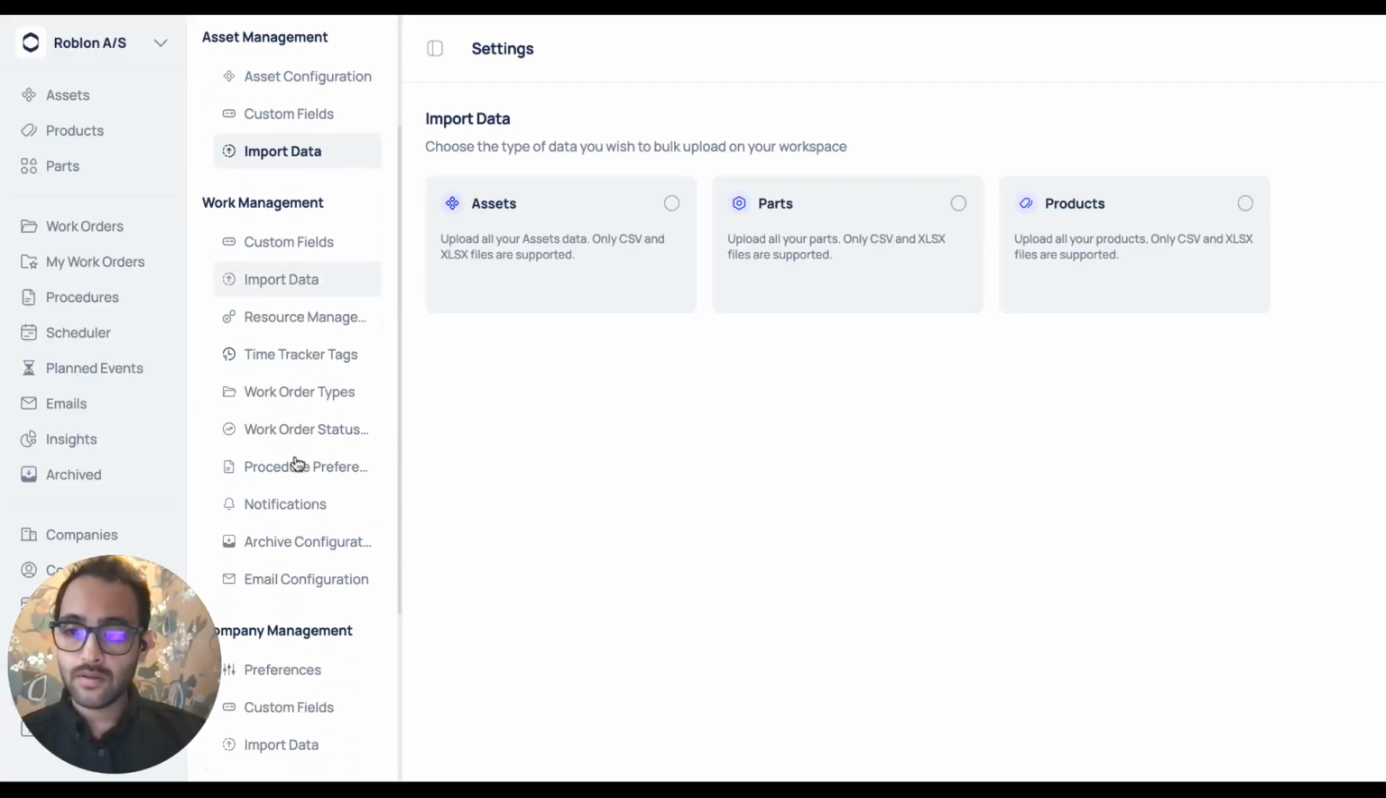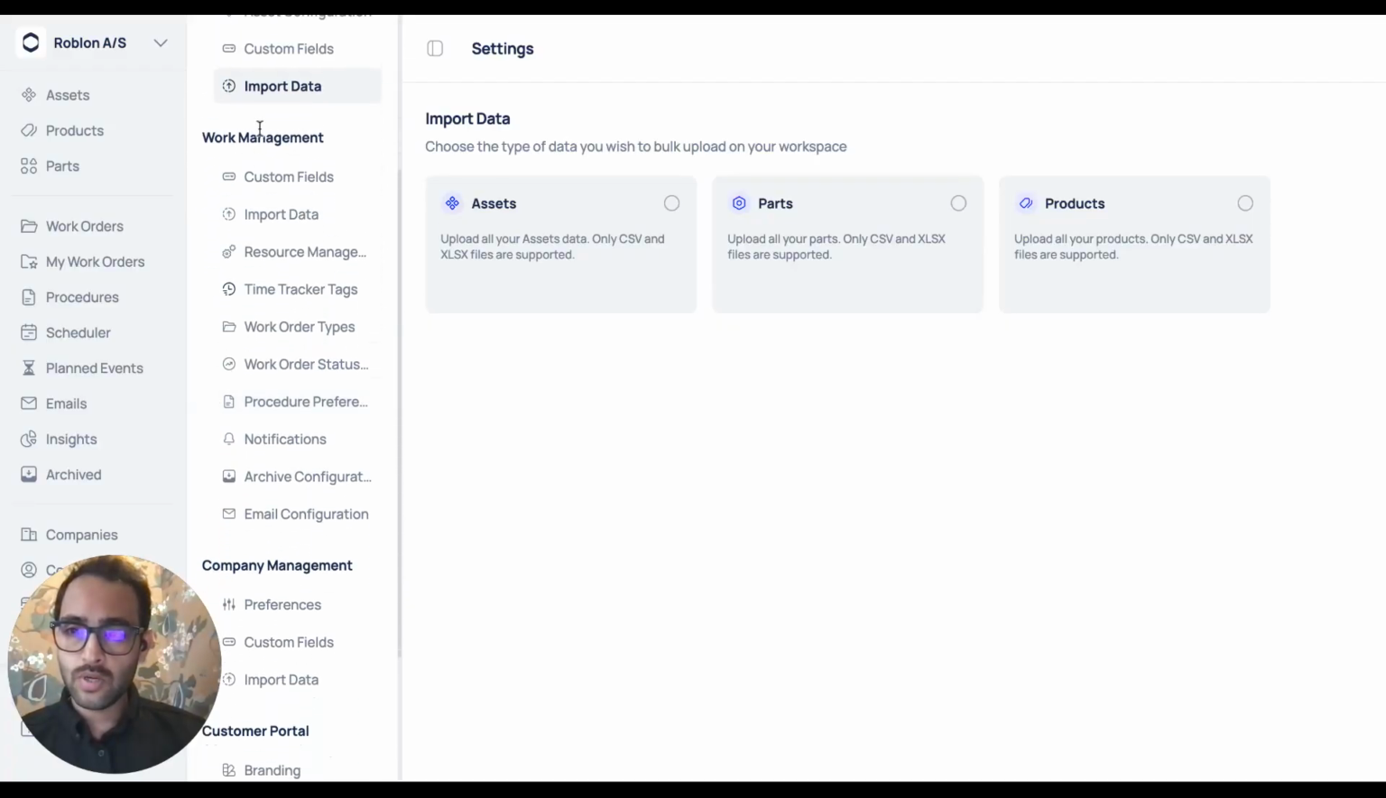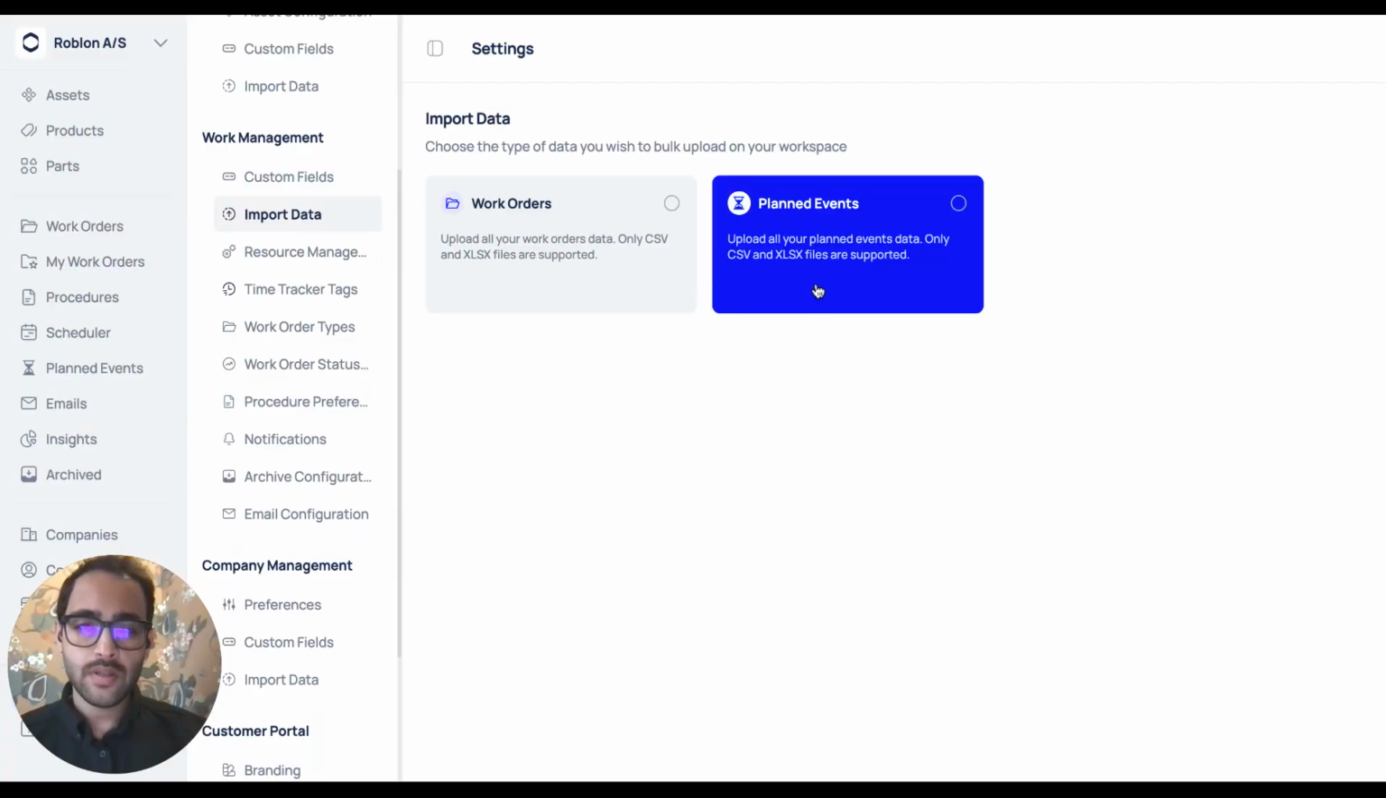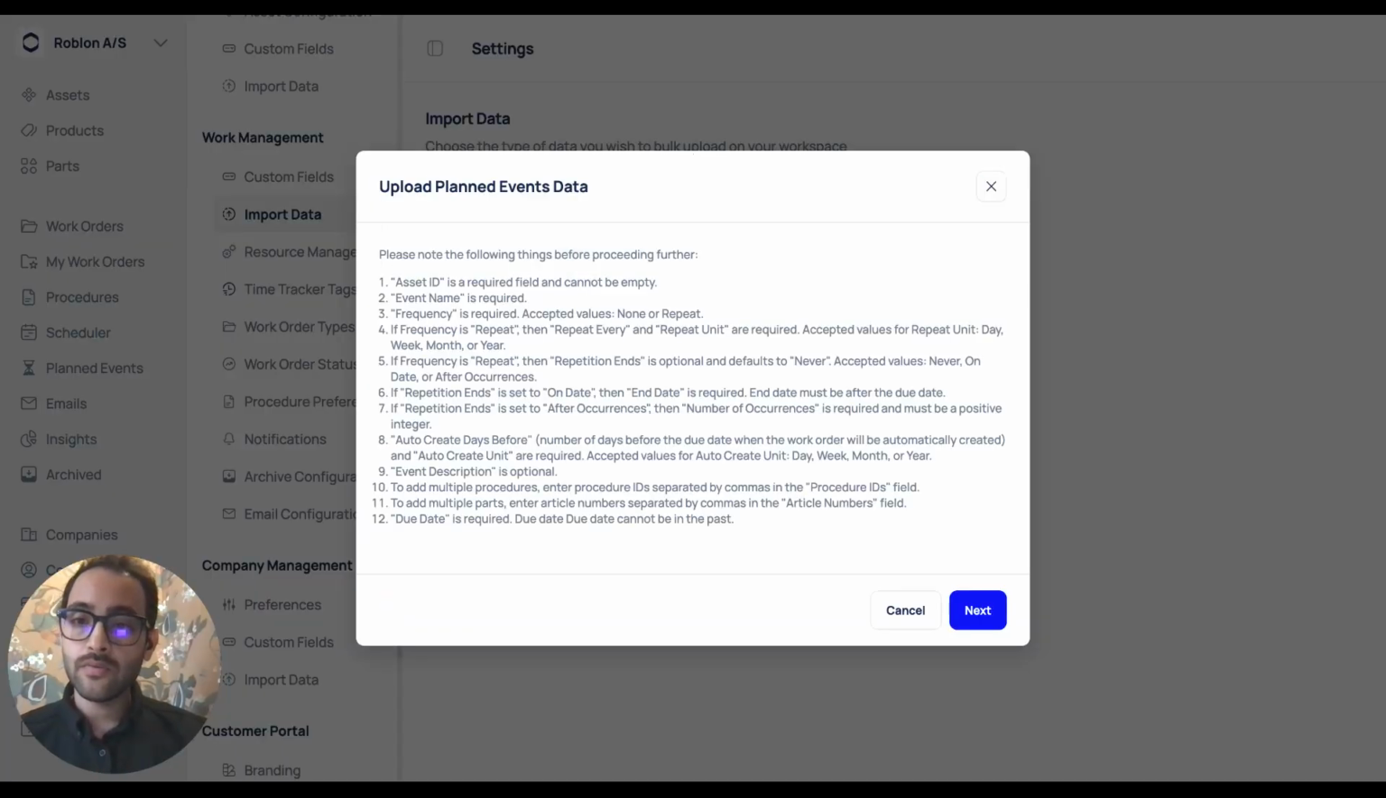You come into settings, you scroll down to work management, import data, and planned events. Now here you've got supporting information that helps you structure your CSV or Excel file to successfully import these planned events per asset into the system. Starting off, your asset ID is required